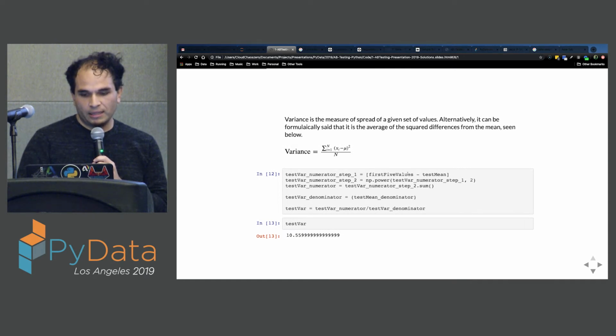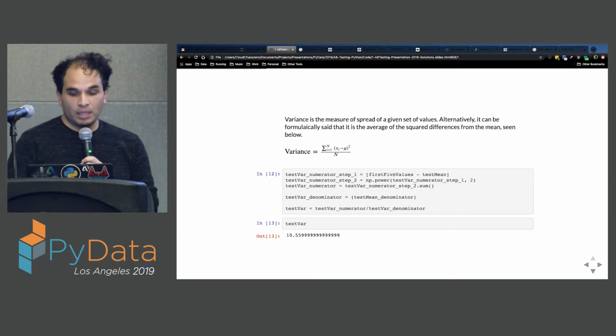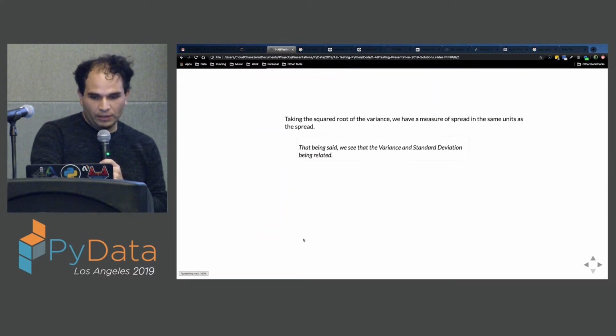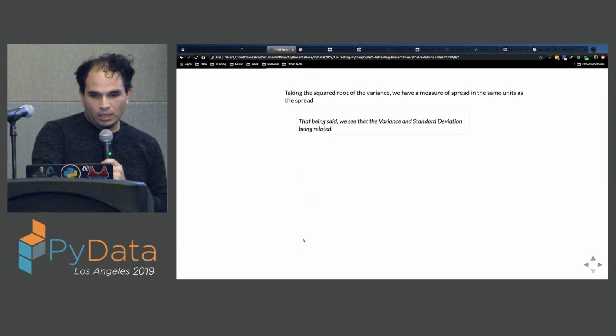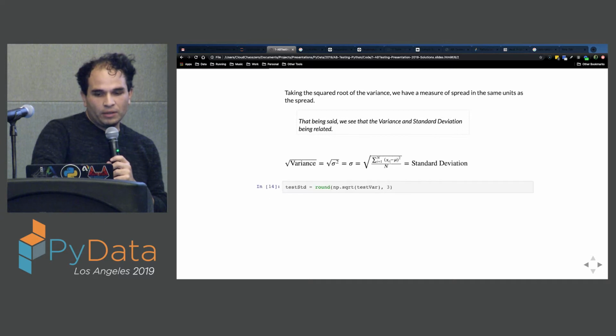So we first take the differences of those original five values subtracted by the mean that was previously calculated. Take the power of 2 of those values. Take the total sum and then divide it by n to get the resulting variance value. And then the standard deviation is similar to the variance. It's just the square root of the variance. It's defined as this formula right here. So taking the square root of that previously mentioned value,